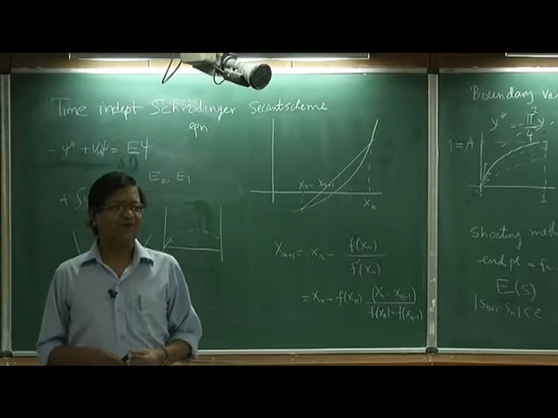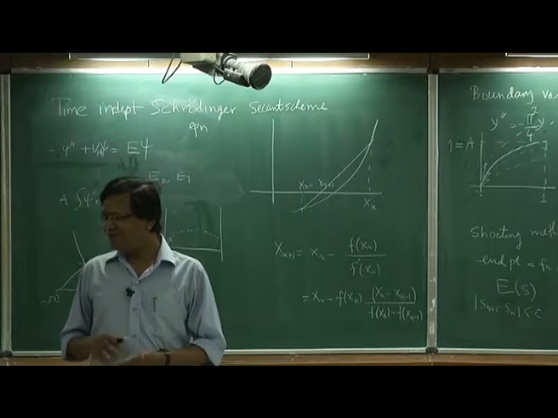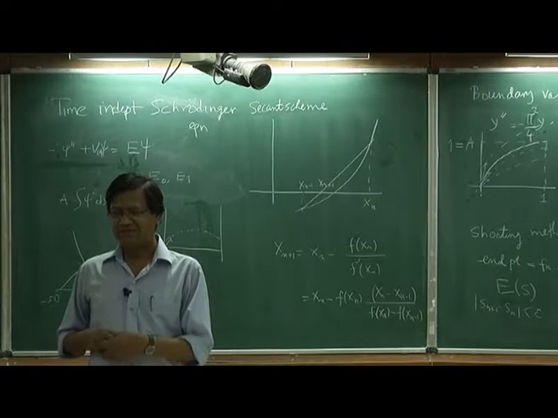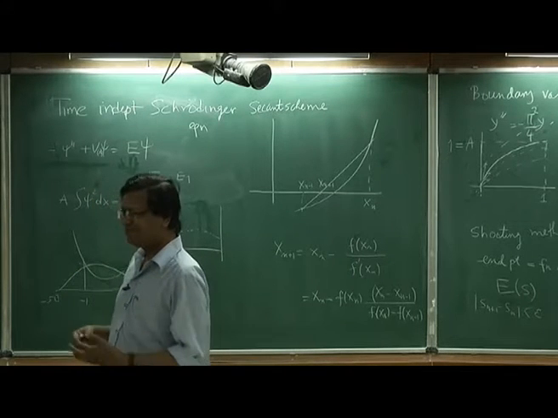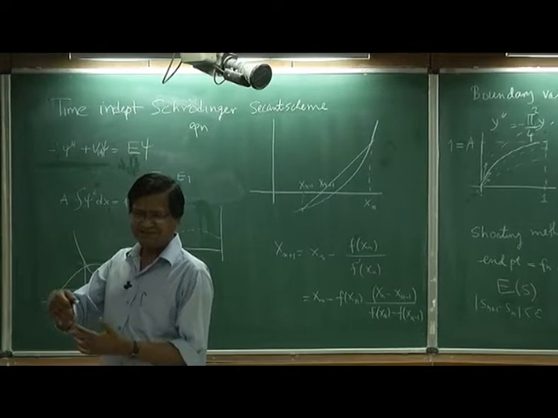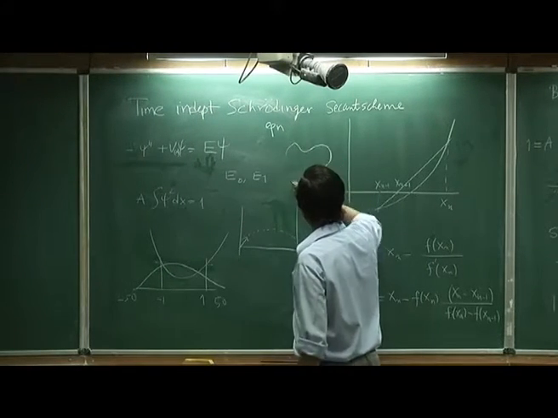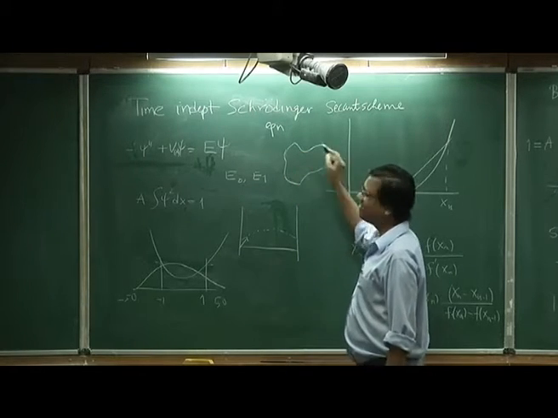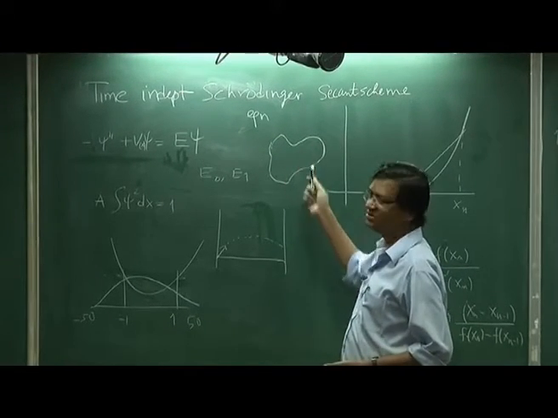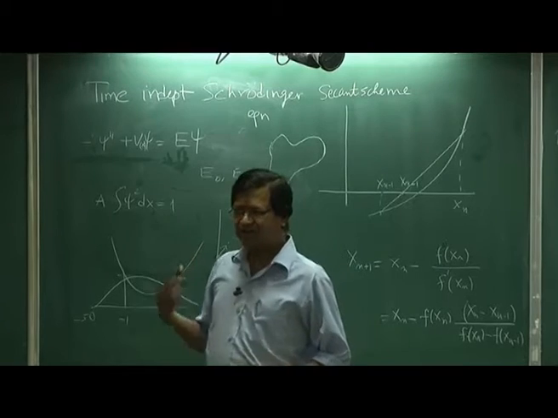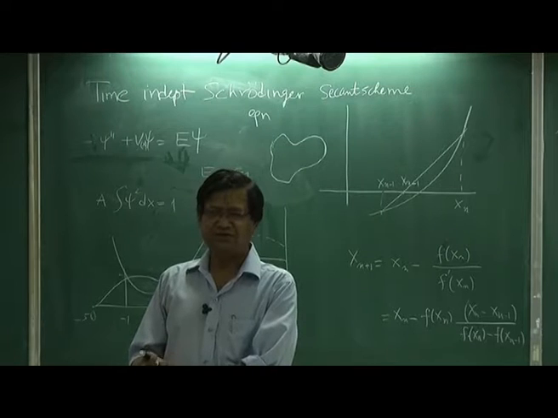By the way, all these very idealized problems, the oscillator, the particle in a box, you never encounter in real life. So people who do electronic designs have to deal with walls, many walls, you know. So you get a structure that could be like this and the electron is confined here. So you have to solve for this kind of boundaries. So you hardly encounter very idealized problems, and this has to be done numerically, there is no other option.